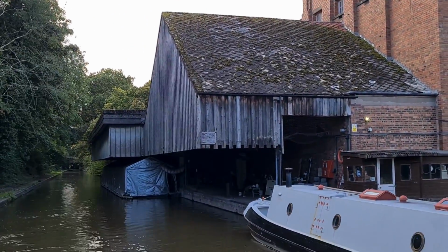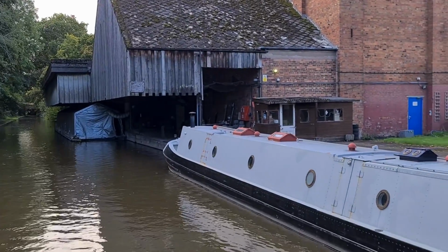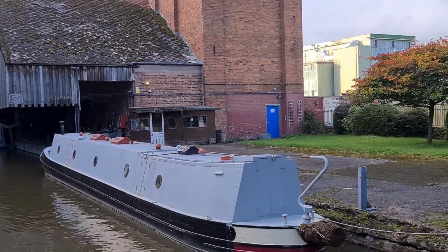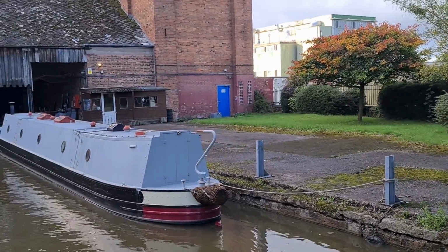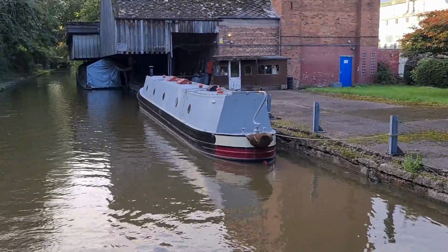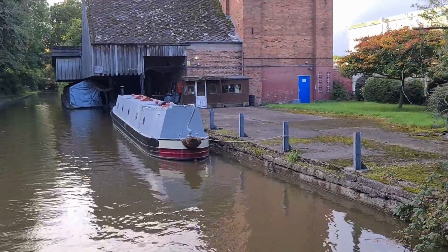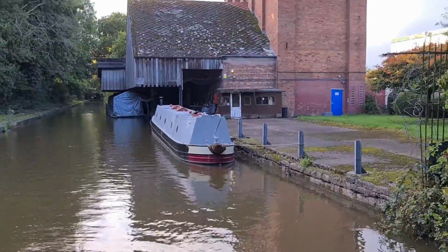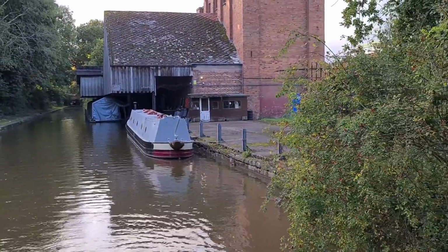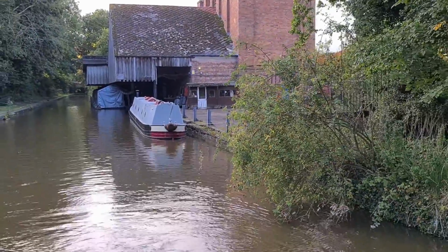Bridge, and you can see again a real old traditional warehouse pickup point for narrowboats, and this used to be owned by the Cadbury's chocolate company, and they would collect milk products to be taken down, I presume, down to Bourneville, which is on the canal and not too far away from here. In fact, I'll be passing Bourneville myself in a little while, to make